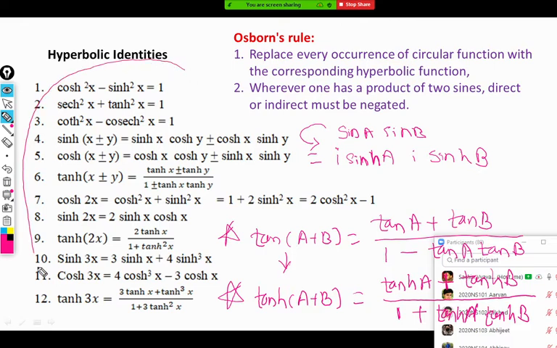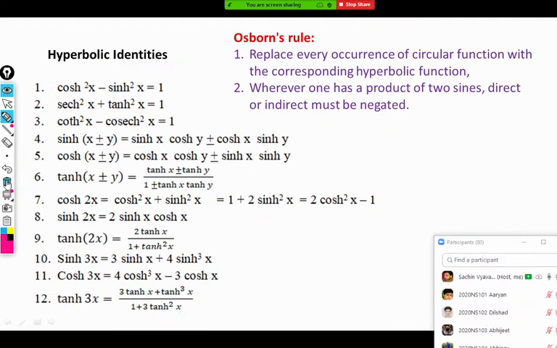Similarly, you will get all these formulas by Osborne's rule only. If you have a doubt, you should ask. Right now, the task is to remember the formulas, or you can quickly convert circular to hyperbolic and use it. Both ways are okay while solving examples. Let me move to the next, if you don't have any doubt here. I will upload this corrected PPT on the TMI LMS on Saturday.